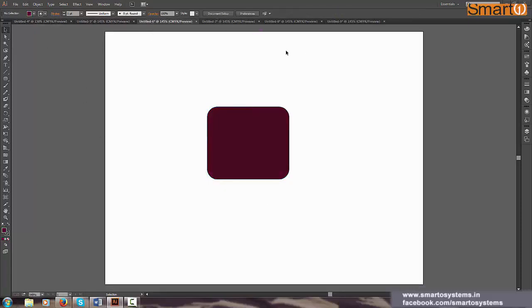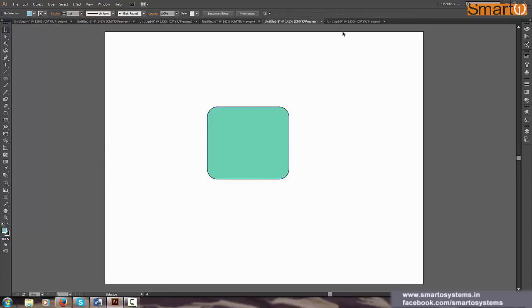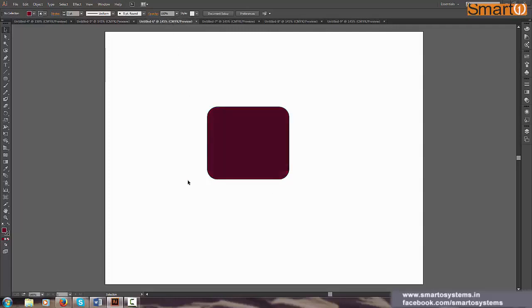So now I can see that all these files have different colors of rectangle, and now I can only view one file at a time. What if I want to compare between files and I want to see all of them at a time and see, okay, this is what is happening in this file and this is what is happening in this file? So there we can use this cascading style, or which is arrange documents button.